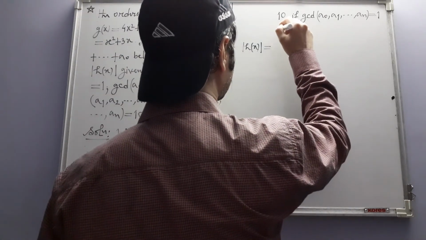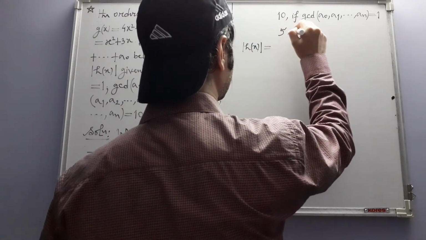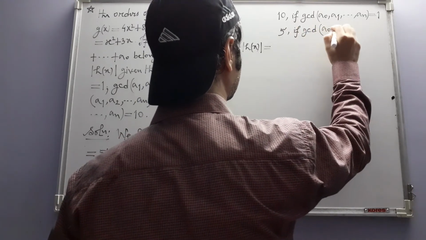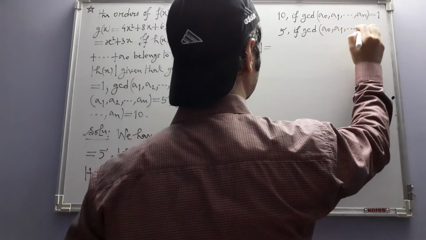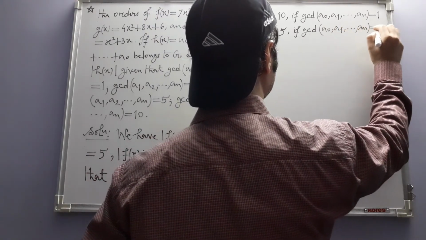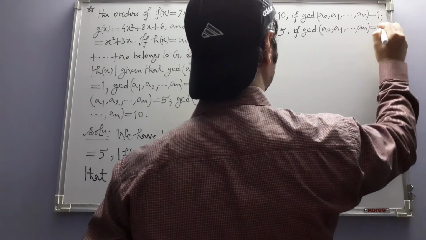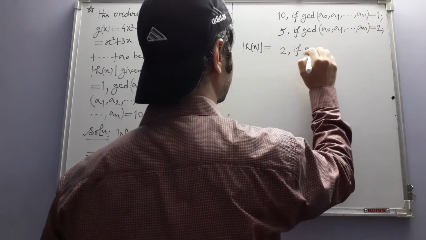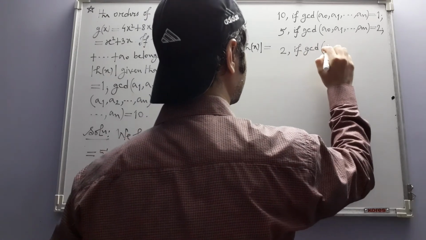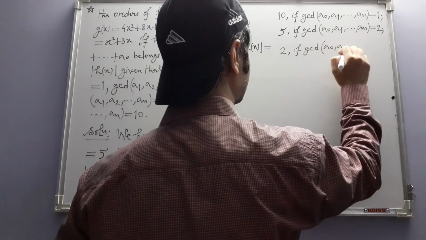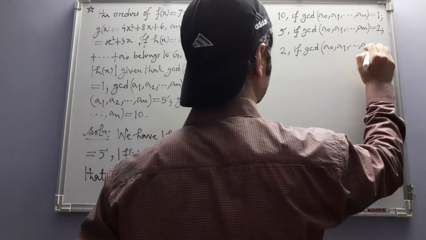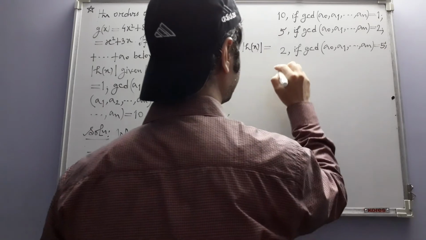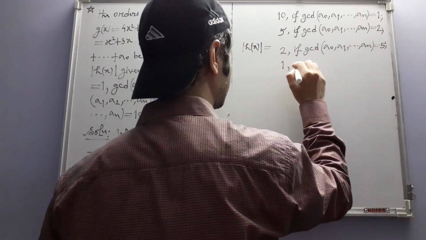This will be equal to 5 if this is equal to 2. This will be equal to 2 if this is equal to 5, and this will be equal to 1 if